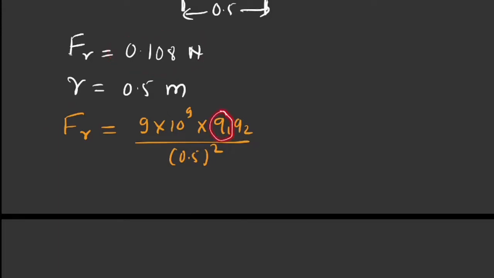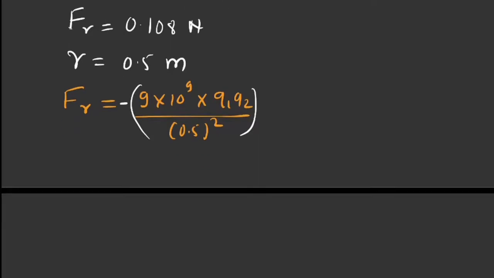तो अगर दोनों के बीच में रिपल्सिव फोर्स है, इसका मतलब क्या हुआ? अगर Q1 पॉजिटिव चार्ज है तो Q2 नेगेटिव चार्ज होगा, या फिर Q2 नेगेटिव चार्ज है तो Q1 पॉजिटिव चार्ज होगा. तो इसीलिए मैं इस रिपल्सिव फोर्स को नेगेटिव साइन लूंगा. So I will put a negative sign for this repulsive force because we don't have a proper idea about the polarity, which one is positive, which one is negative. Therefore, I will take the negative sign. Have you got my point?